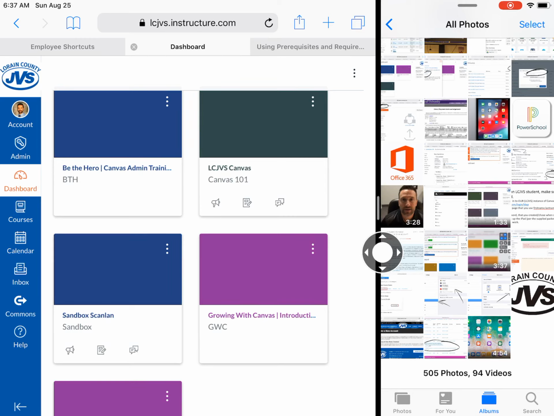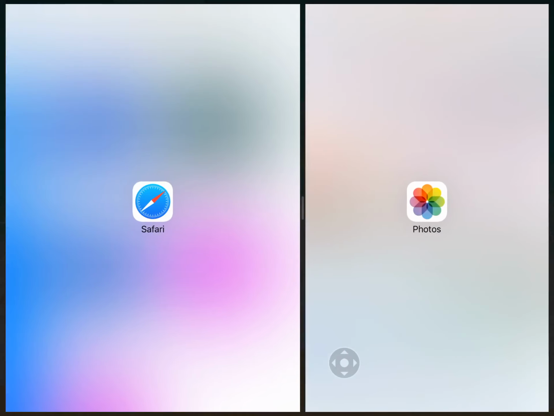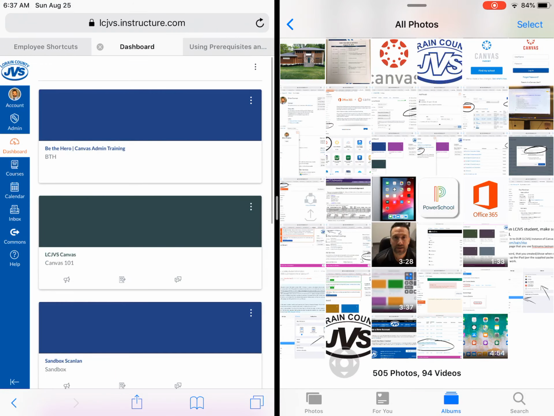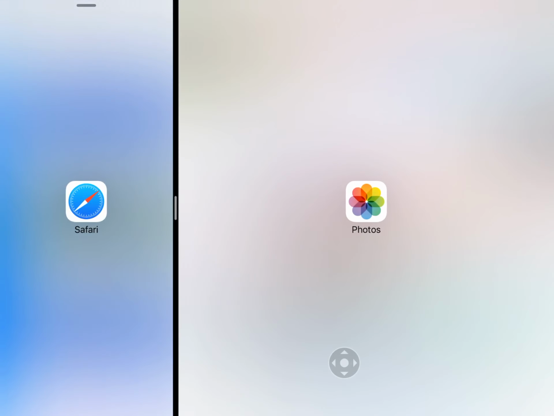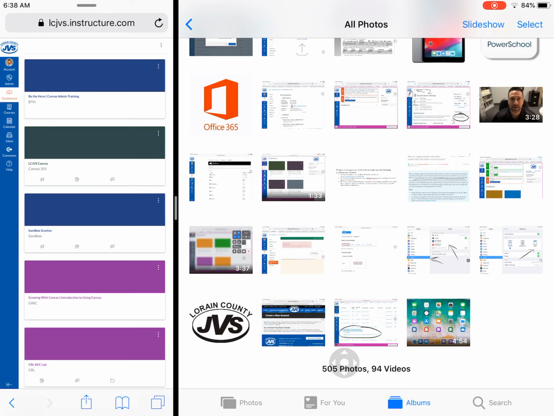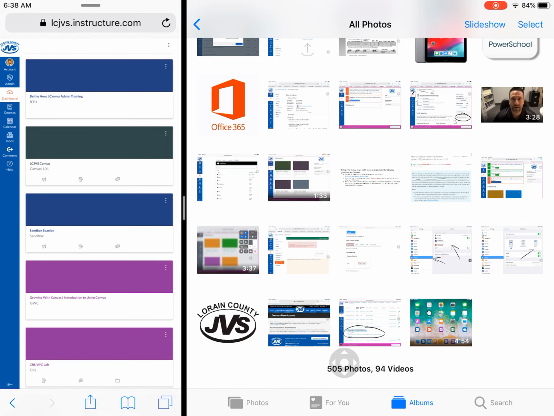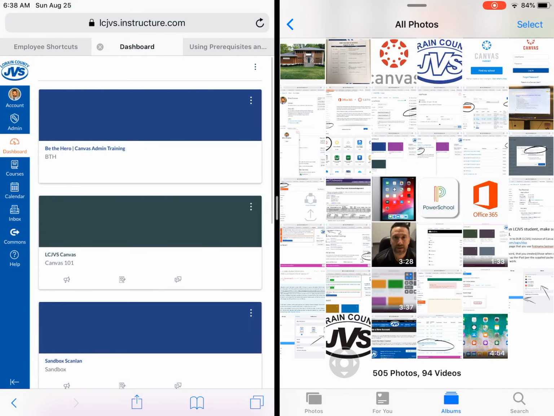Now if you see this little handle right here, you can grab that and you can move it so you can split it one third on the left and two thirds on the right, one third on the right, two thirds on the left, or split down the middle. Obviously an iPad screen is somewhat small, but if you have the iPad and you're doing something that